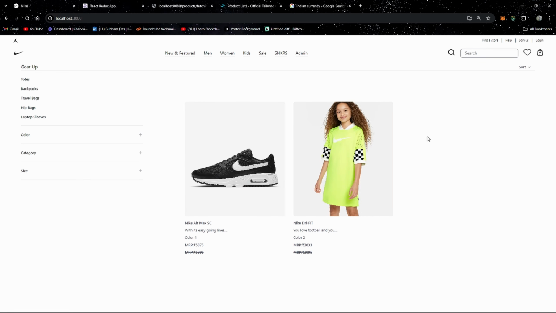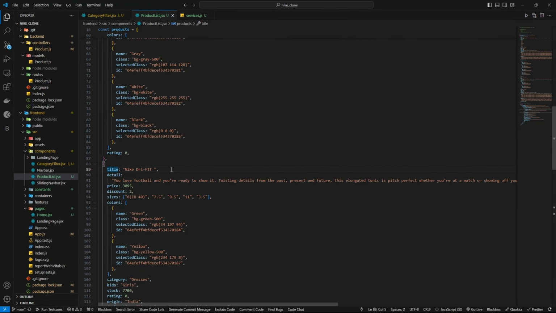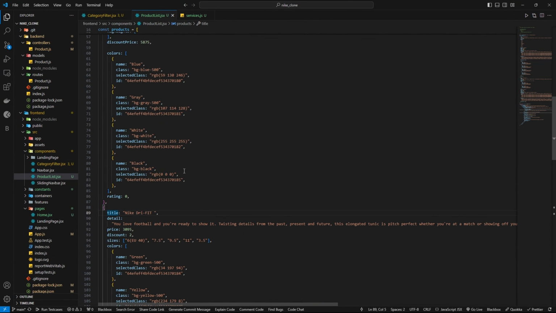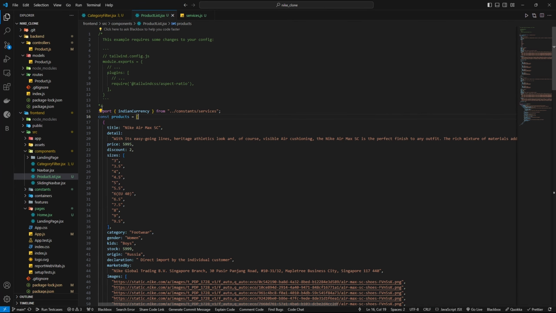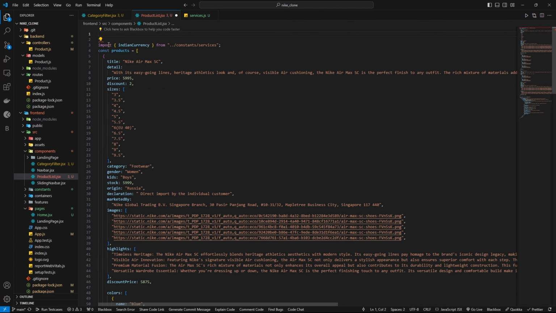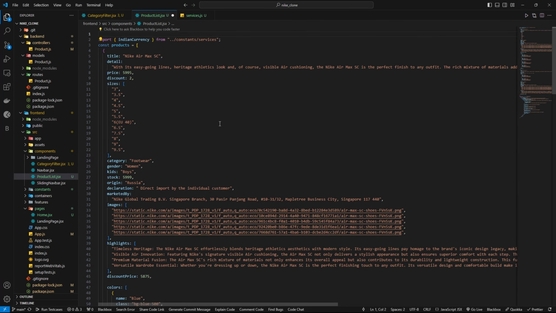We are able to show the data, but not from the backend. We are just showing the data from here, from the products. So we need to just remove this one. Okay, so we need to get our data from the backend. So let's try to get our data from the backend. So what we can do is,